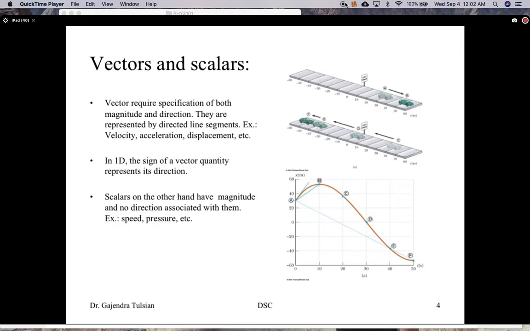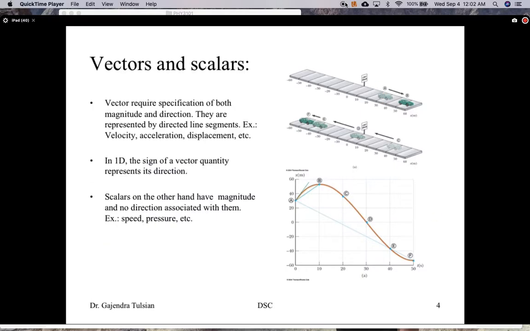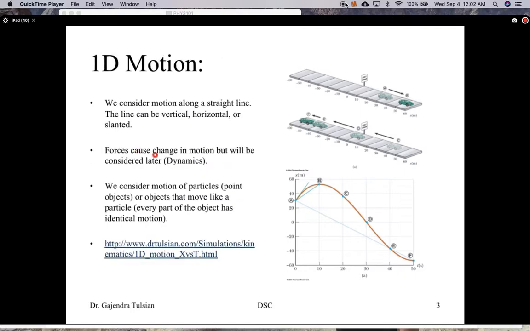So we'll consider motions of particles or objects that move like a particle. We are treating this like a particle, since every point on the object moves with the same velocity and so on. So you could treat it as a point particle. Later we'll learn that forces cause change in motion, but we'll consider that later, and that's the subject of dynamics. So right now we are only interested